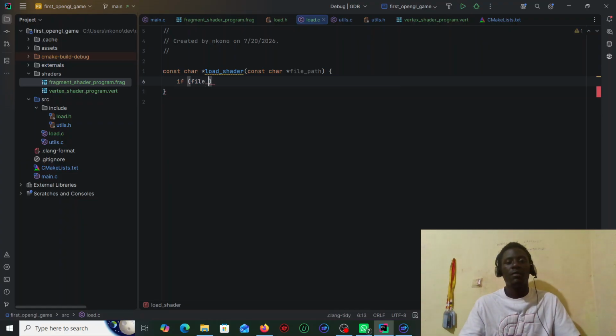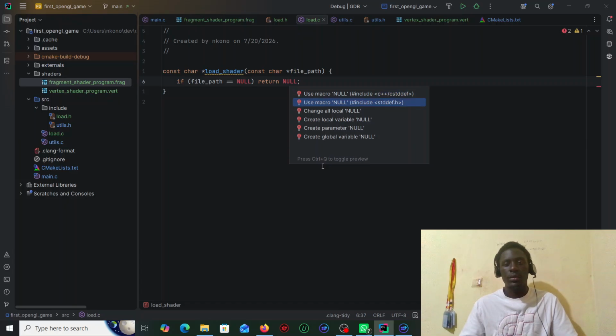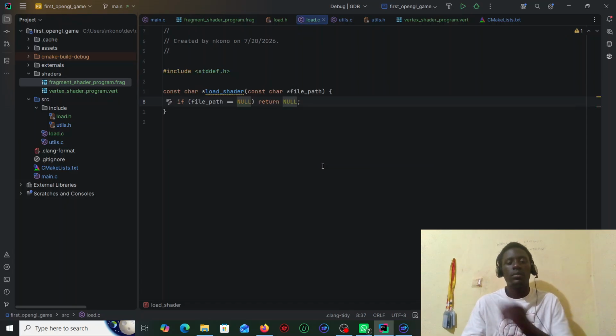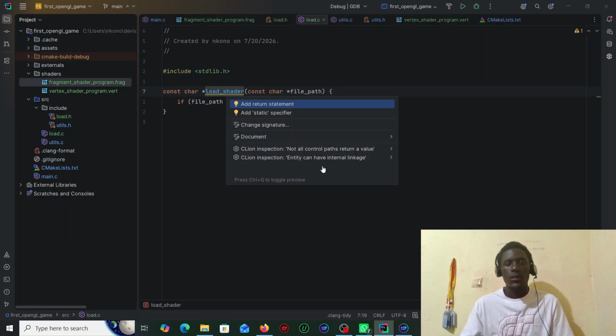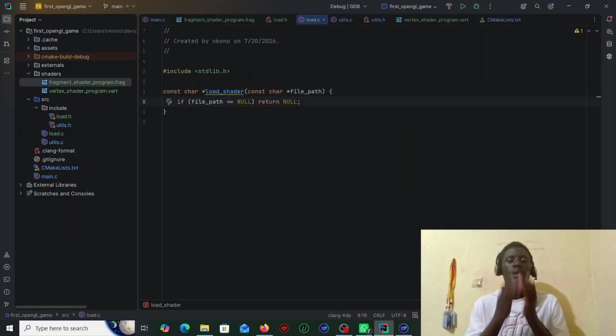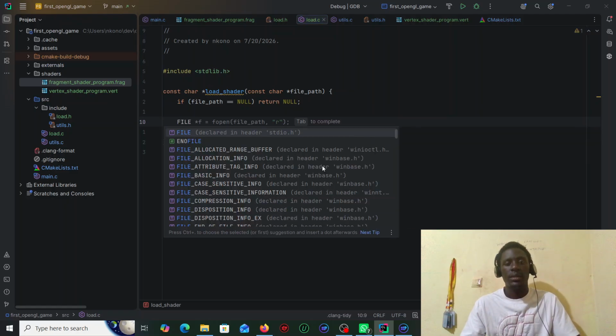We check if file path equals null, we return null first. Simple as it is. And yeah, I want to check if the file exists, but we know that if the file doesn't exist,